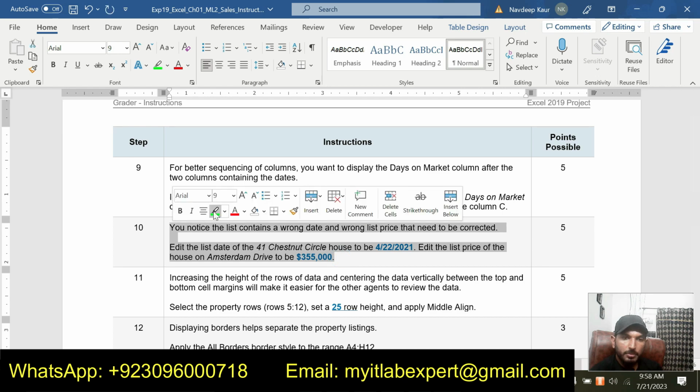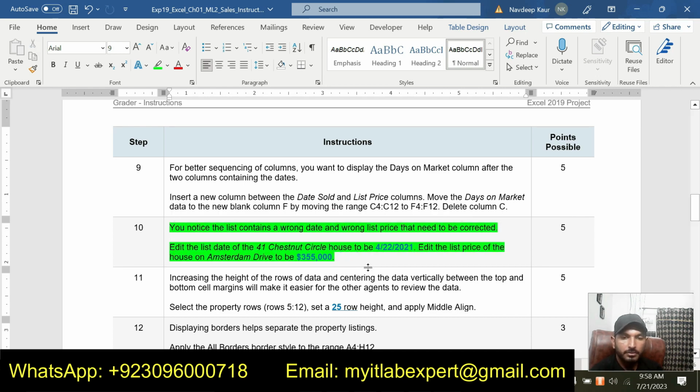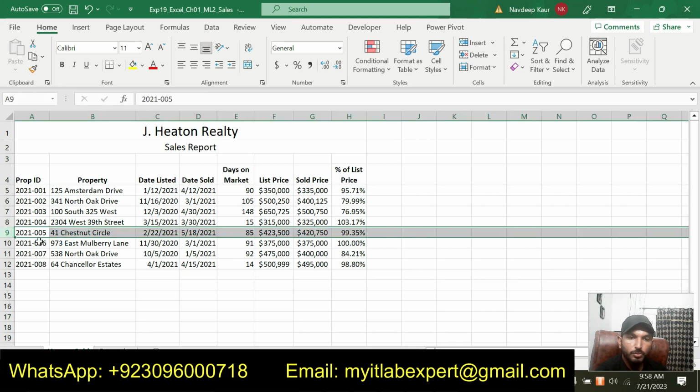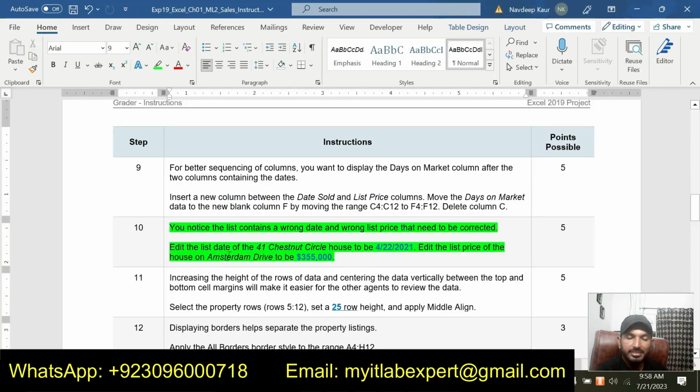Now we're going to do step number 10. In step number 10, it is saying that you notice the list contains the wrong date and wrong list price that need to be corrected. Add the list date of the 41 Circle House, this one.